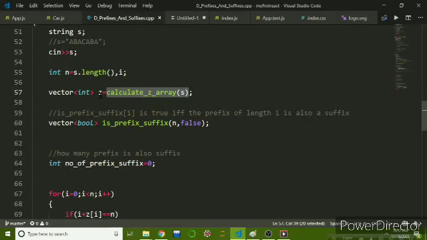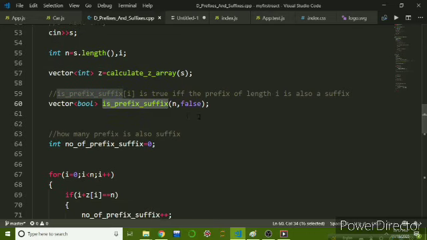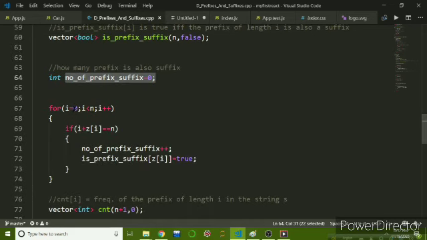So after calculating the Z array, we are creating this is prefix suffix array and initializing all the values as false, and number of prefix suffix will contain the number of prefixes which are also suffixes. So we will traverse the Z array, and for each index we will check this condition, if the substring starting at I is touching the end or not.